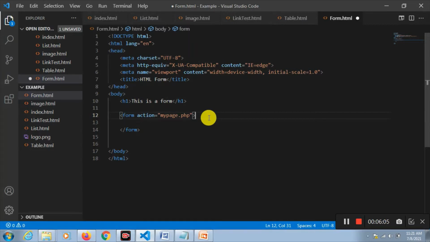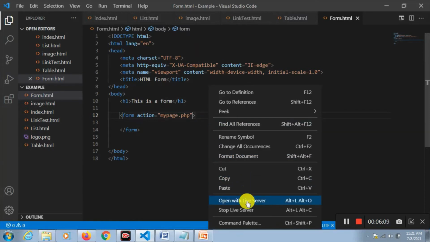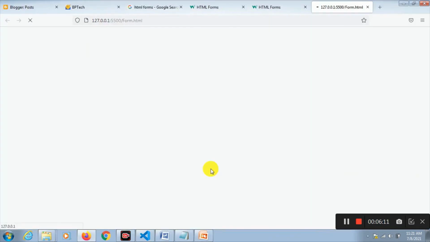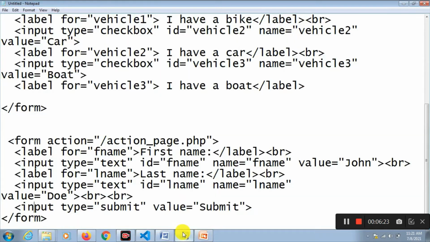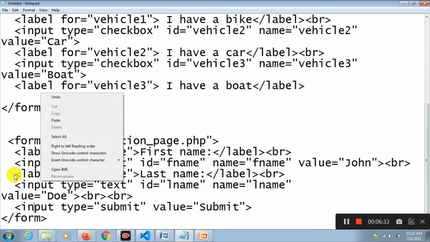Right now, let's see once how it looks. Nothing is there. I have written some code here. I'll just copy the code to save my time.